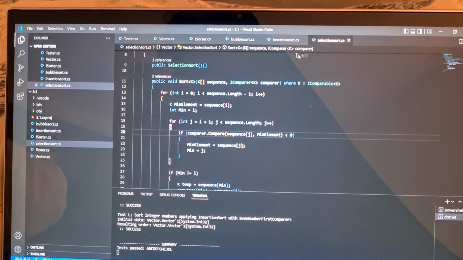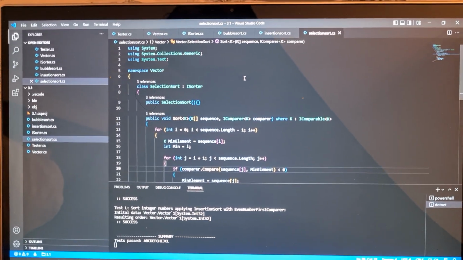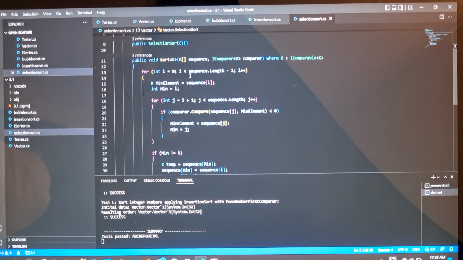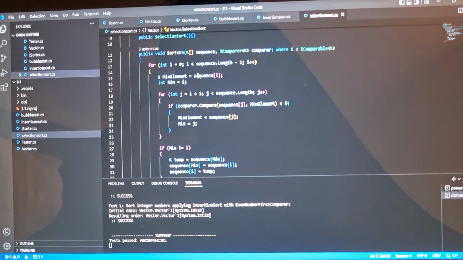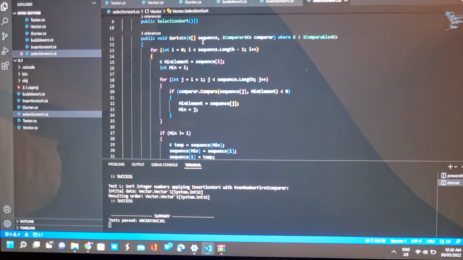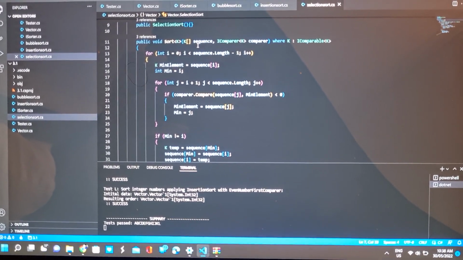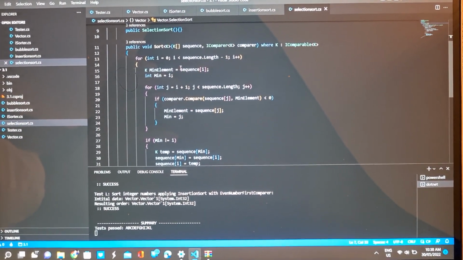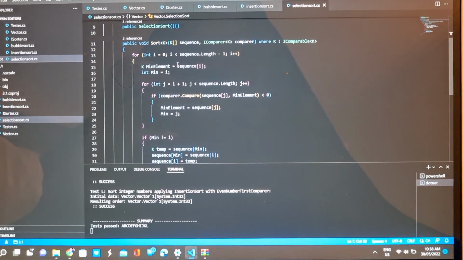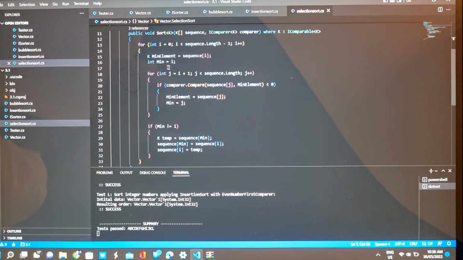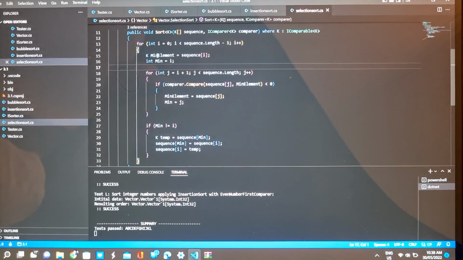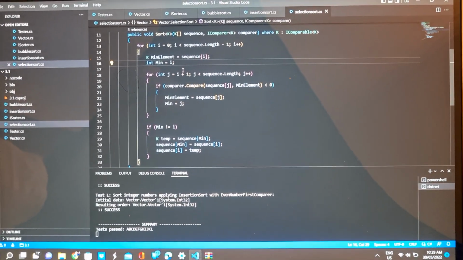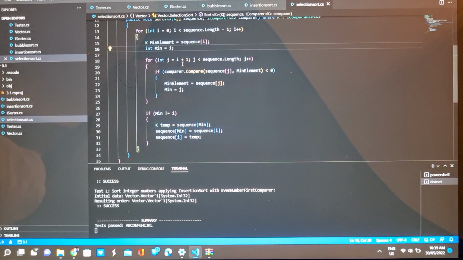So first of all, we can see we have a selection sort here. We are inheriting it from iSorter, and this is the method for the sorting. That's the public void sort, and we have the sequence and compare as parameters. This is the outer for loop that will run for the length of the array, and this is basically the minimum element. This is the element we're gonna pick that's on the first place of the unsorted array, and then we're